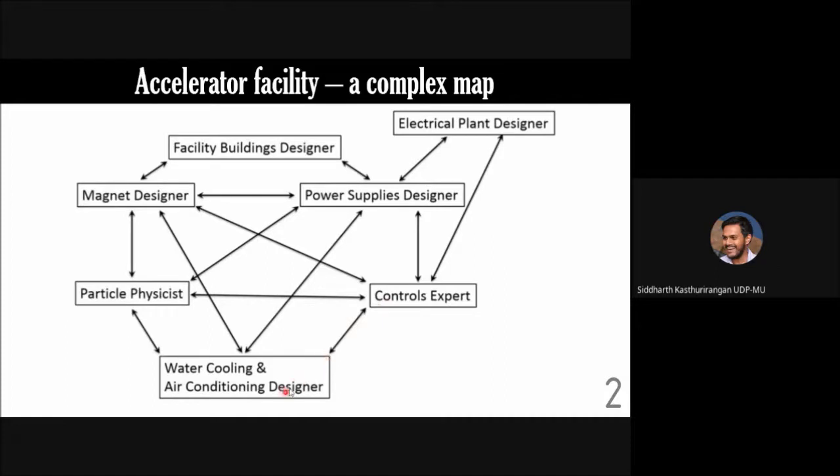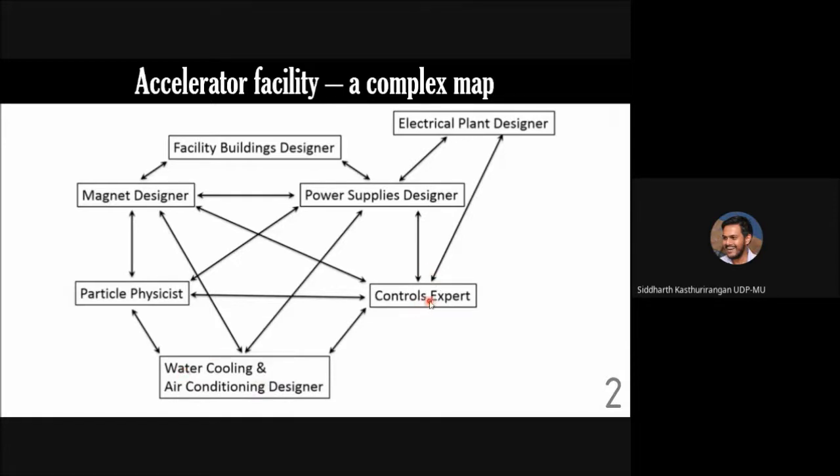Then they should be in touch with the controls group, because all of this should be automated. If cooling shuts off in any particular sector of the accelerator, then there should be a safeguard of how to handle the beam and so on. So all the parameters which are monitored by the air conditioning group have to be in a format such that the controls group can directly use it as an integrated part of the control of the accelerator. So this person will have to simultaneously talk with four others and then come up with his design.